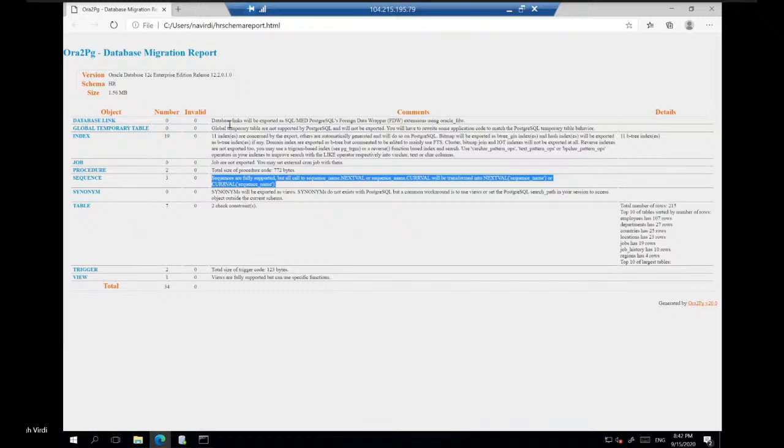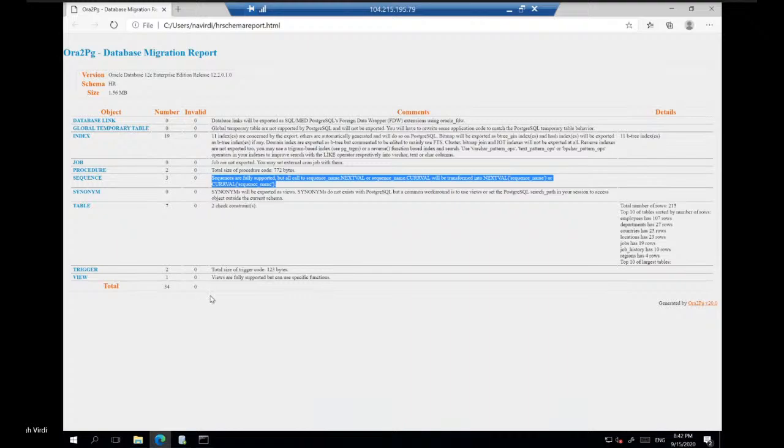Right now I have not run a very detailed analysis, but if you have any invalid or unsupported type, you will also see another part of the report which will tell you the remediation factors for that.